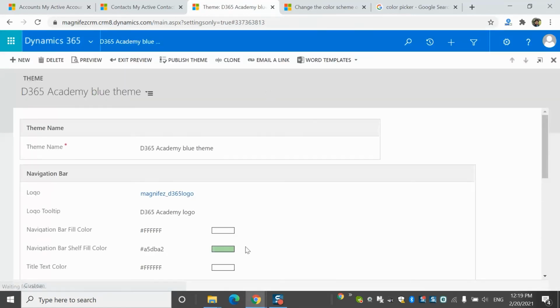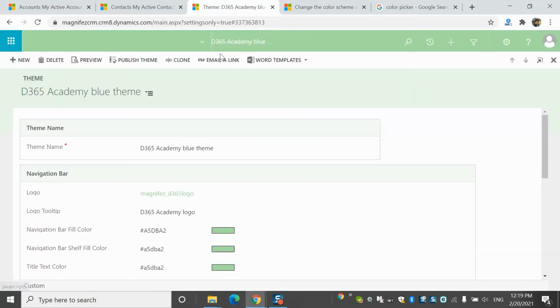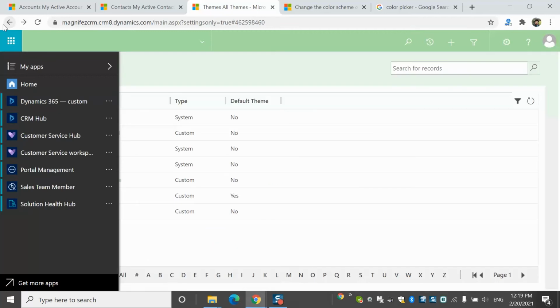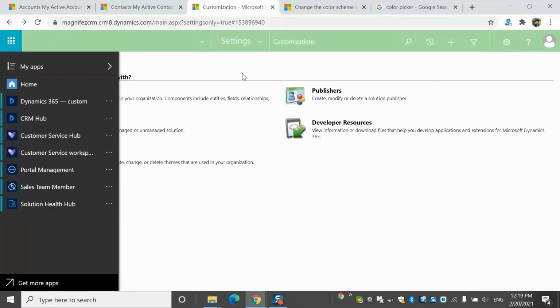So I can play around with it by changing the colors, etc. Once you are clear about it, then you can just publish that one, right? So that theme will be yours. Of course, you have to make changes to it, and you have to fix that properly. You cannot leave it like this, because you need to have proper branding for your organization. So that's how you can make the changes to your theme. And the other option I'll show you over here.